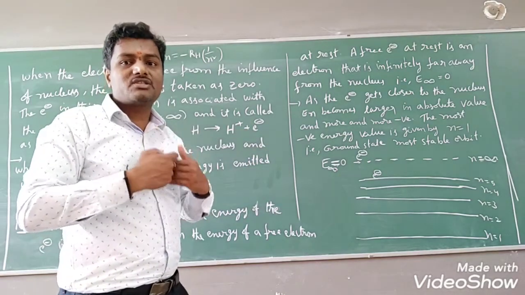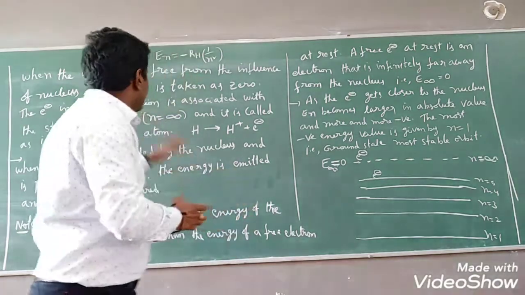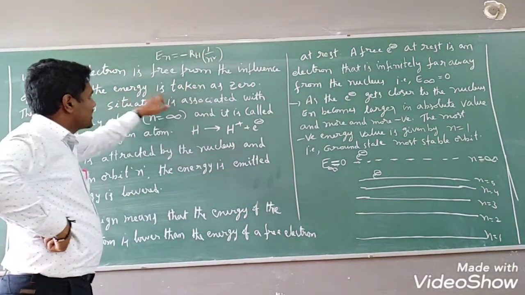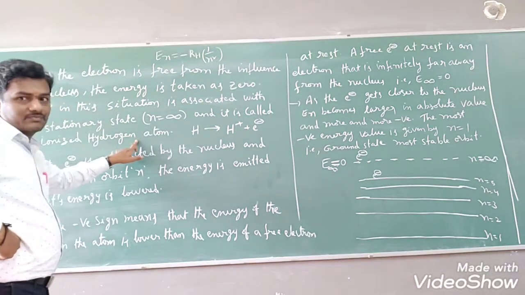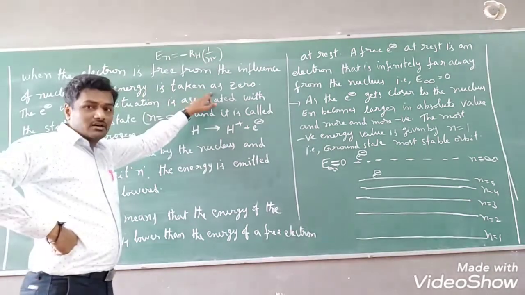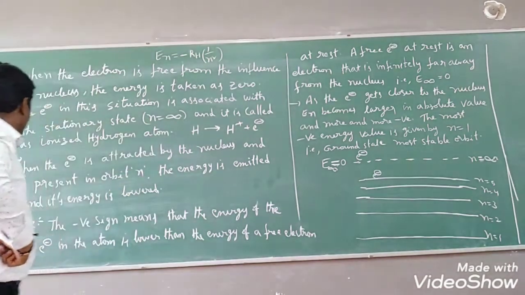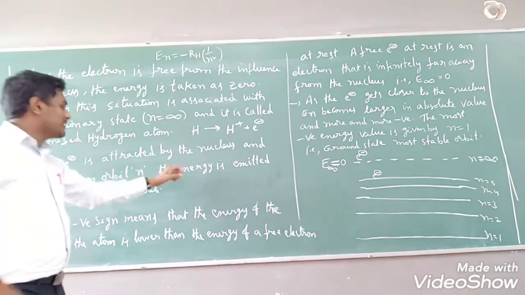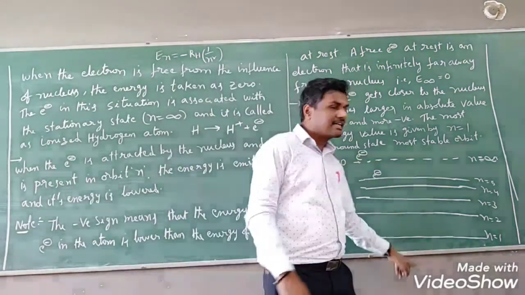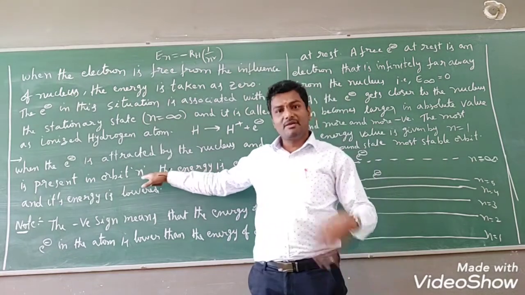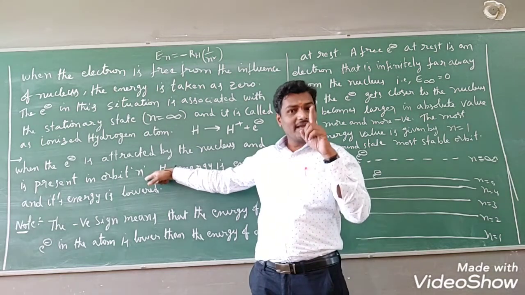In case of the species which do not have any electron, only then is the electron free from the influence of the nucleus. In such cases, energy value will get what? Students, that is 0. That only we have discussed here. So if you want to take the energy value as 0, definitely it should be at the infinite level. Okay. Now coming to the next point, when the electron is attracted by the nucleus and is present in any one of the orbits, that orbit number I have taken here as n, may be 1, 2, 3, 4 and so on. It should not be infinity.